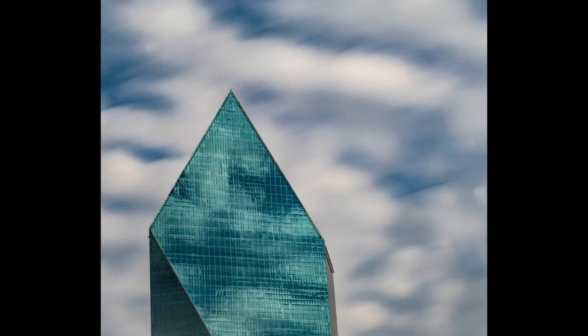Second place, Jeffrey Schurenbrock, 13 points, and this image is titled High Up. This is sort of cool looking artistically. It really follows that rule of thirds where the building is on the left sort of third line there, the vertical line. It also reflects all the clouds in the building itself, and then the clouds are blurred either because